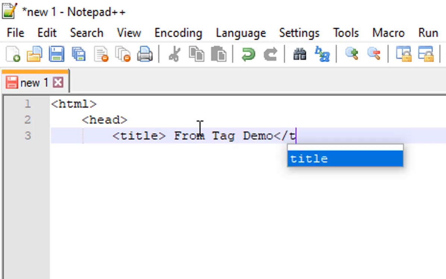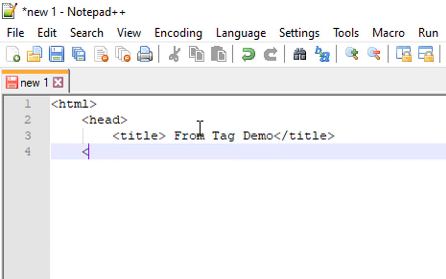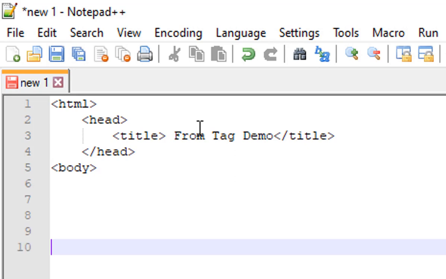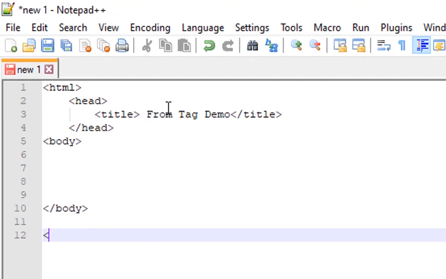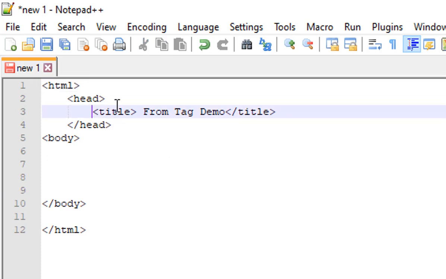Now the title is over, now head is over. Now the body, the most important part. Now HTML ends. This is our syntax.